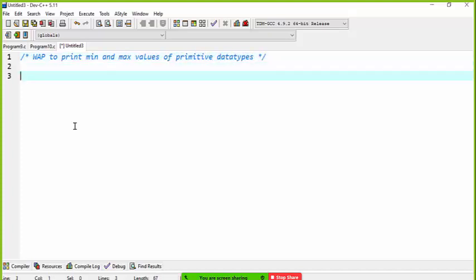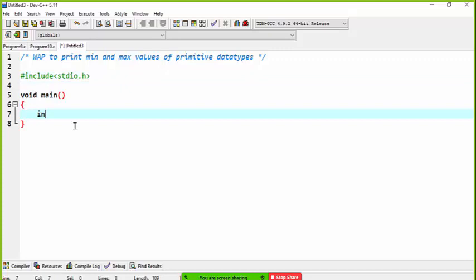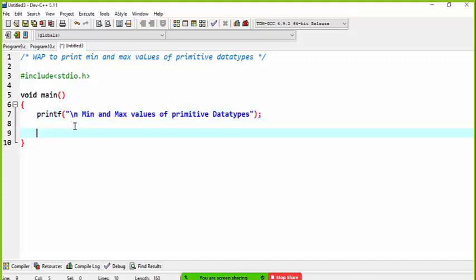Now here I type #include <stdio.h>. Next I type the main function, and here I declare one variable of type integer. I do not need any variable, but I can title this code as min and max values of primitive data types. And the next line I type